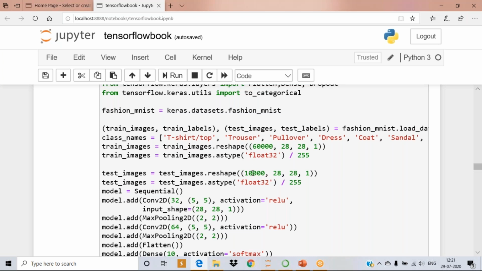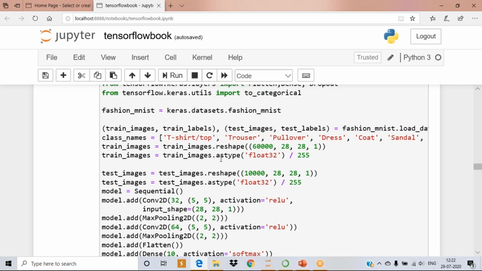Because your pixel values are from 0 to 255, this 0 to 255 is scaled down into 0 to 1. How am I going to scale here? Just divide the pixel by 255.